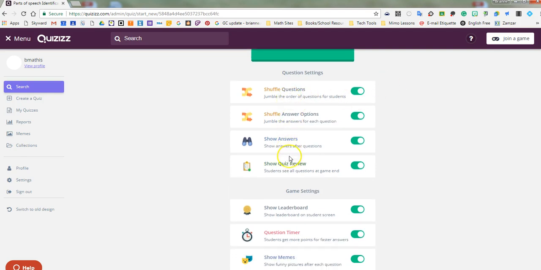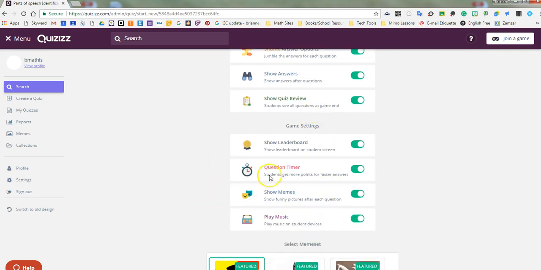Okay, so I'm going to take a look at these. I can do all of these options. One of the things that I like to do is show answers. You can turn that off or on. Also, for the game settings, you can change the leaderboard. You might want to turn that off or on depending on what you're doing. And then the question timer is where students get more points for faster answers. If you're doing an independent quiz or something like that as a homework station, you might want to turn that